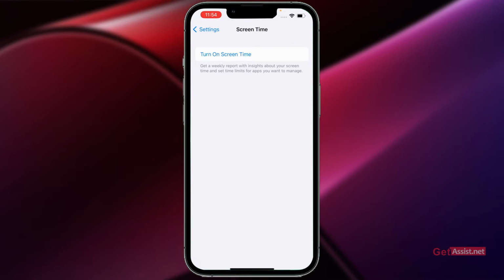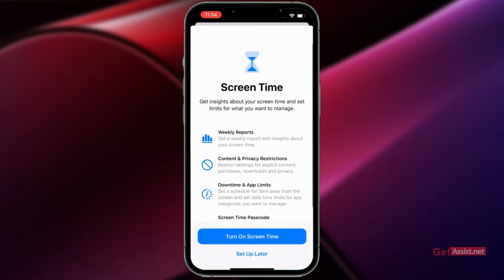So simply turn it on first of all, and then you will get some information on what all you can do by enabling screen time on your iOS device. So you will